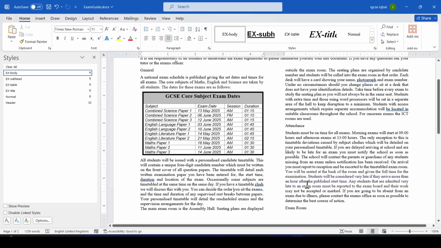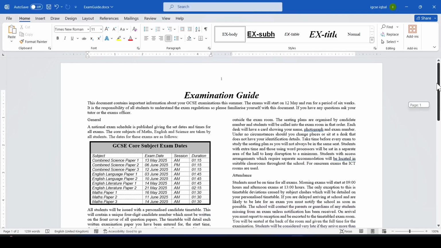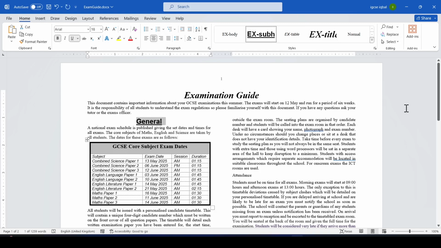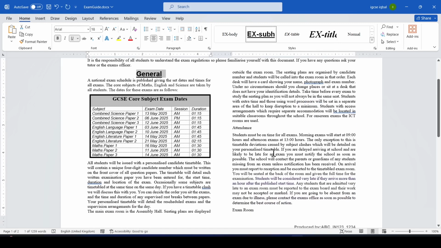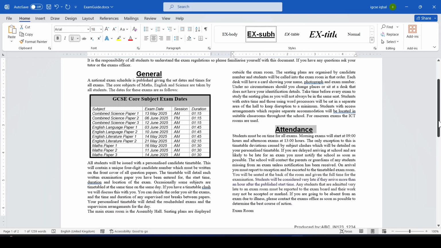So in this document, they gave us a total of 4 subheads. So let's do it. Where is it? First is general. Apply EX subhead. Done. Next. Next is attendance. Apply EX subhead. Perfect. Next